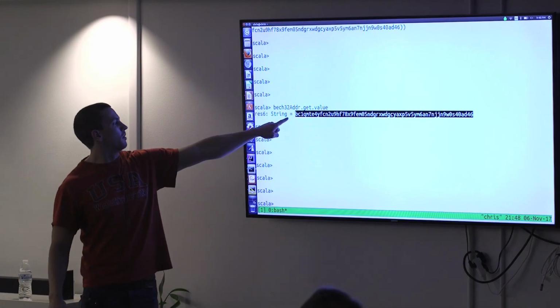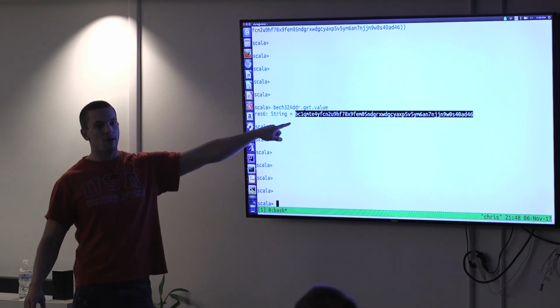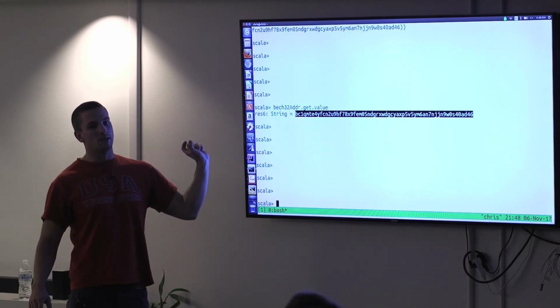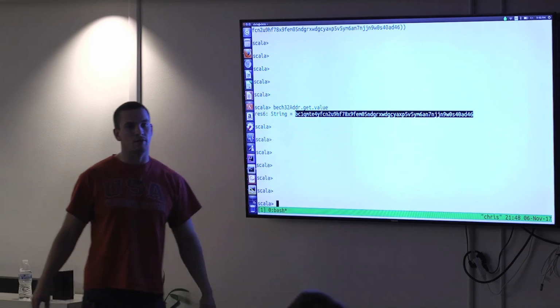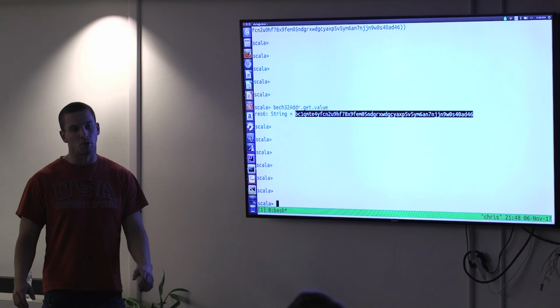And you notice here we have this separator value 1. So everything on the left-hand side of 1 signifies what the network is. And then everything on the right-hand side of the 1 signifies what the actual witness program is.